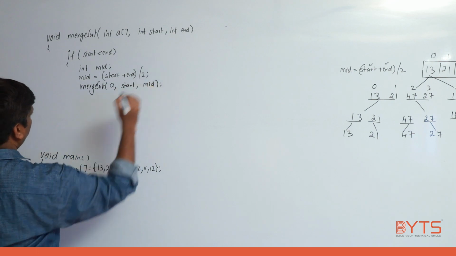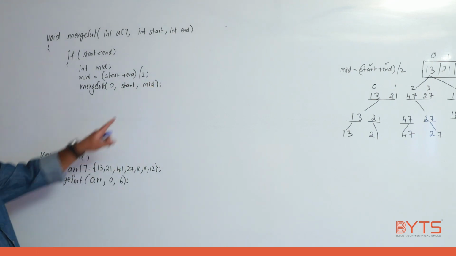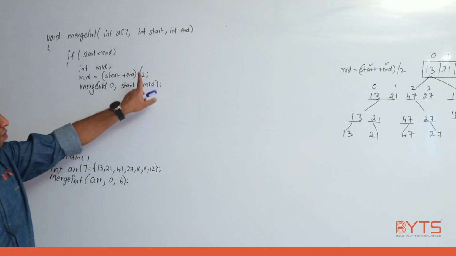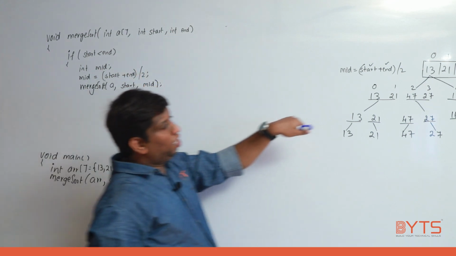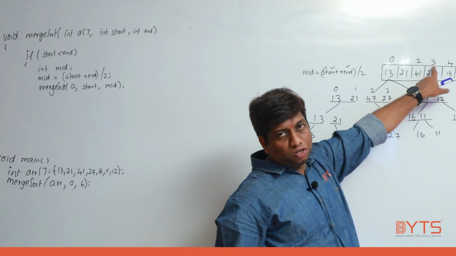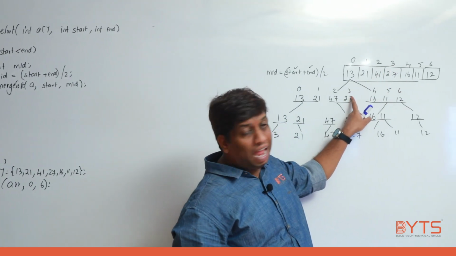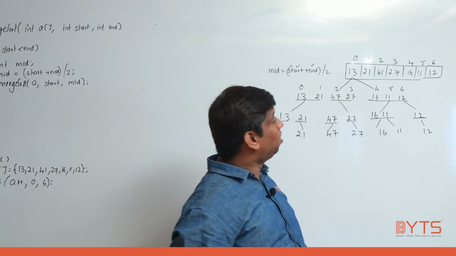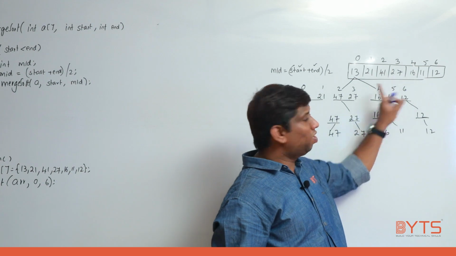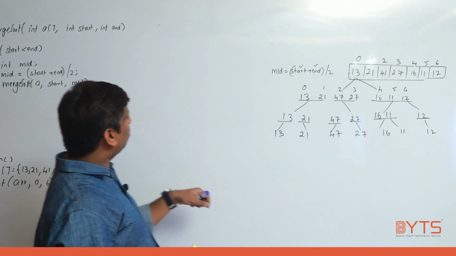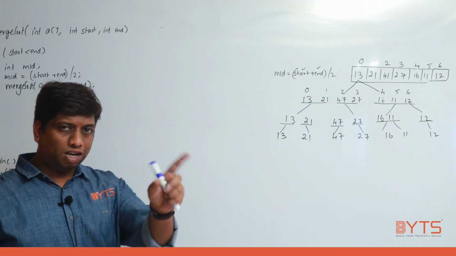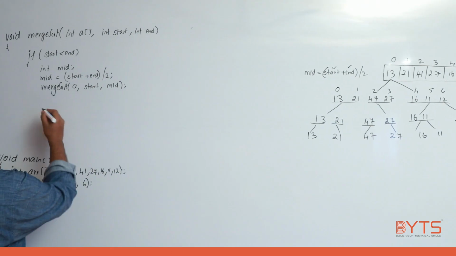Try to understand, a very important point I am telling. Here the second argument previously was end, now the end value is converted to what? Mid. Here the mid value is 3, and that 3 I converted as the end. Now mid plus 1 should be what? Start. So whenever you are passing, the first argument is start, the second argument is end. Start, end only we are passing. Understand? Then what can I do here?